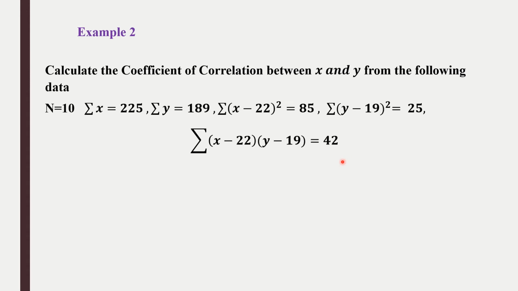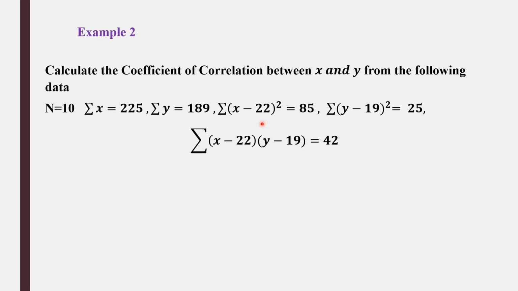So again, we have to use any one of those three methods to calculate the coefficient of correlation. It may be direct method, assumed mean method, actual mean method. Now it cannot be the direct method because we are given X minus some value, Y minus some value. So that we are not having it in direct method. So it can be solved by either actual mean method or by assumed mean method.